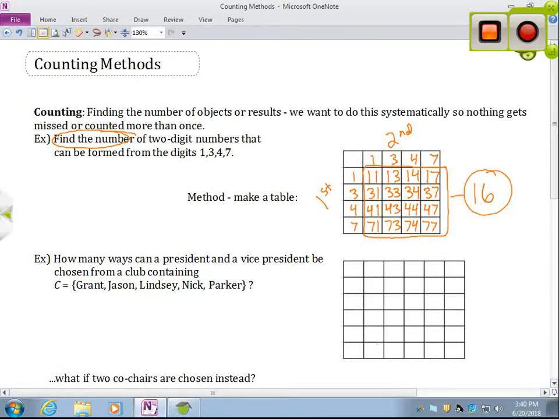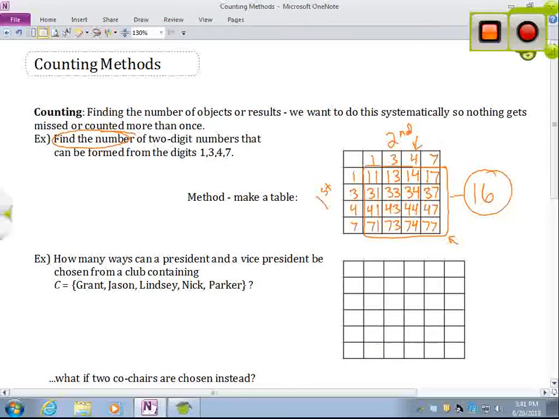One thing I want to point out is that there weren't any restrictions other than just using the digits 1, 3, 4, and 7. If we change it and say we can only have odd numbers, that doesn't mean we can't use 4s, but it means we can't end in a 4. So everything in this column would get eliminated, and we would have to subtract that column. Or maybe it says you can't have any two-digit numbers where the same digit is used twice. That would get rid of the main diagonal here, 11, 33, 44, 77. So if we have restrictions, we do need to take those into consideration. But in this case, we did not.